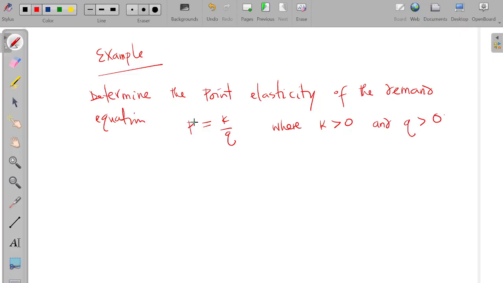Okay, so we want to determine the point elasticity of demand and state